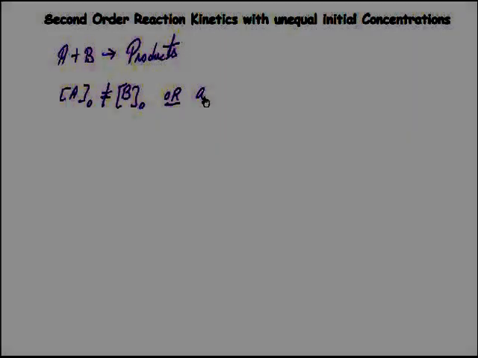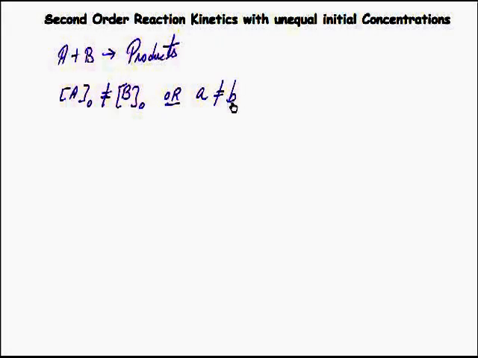So if we consider a reaction A plus B giving you products, and if initial concentration of A is not equal to initial concentration of B, or if small a is not equal to small b, then rate of the reaction can be expressed as K times concentration of A into concentration of B,